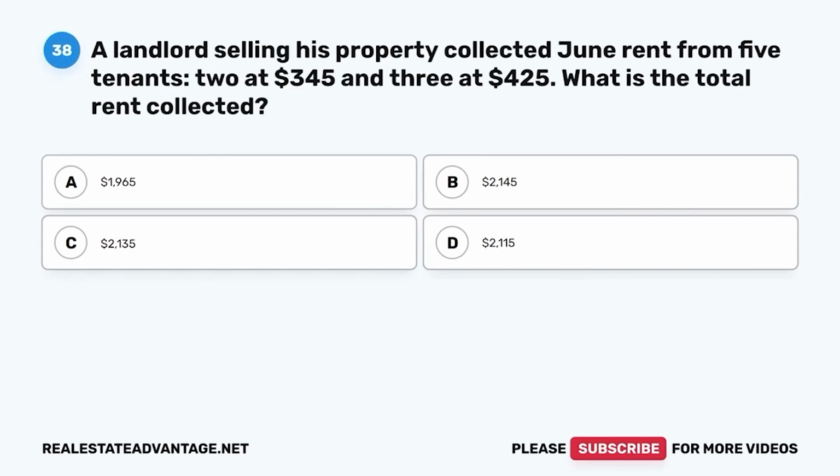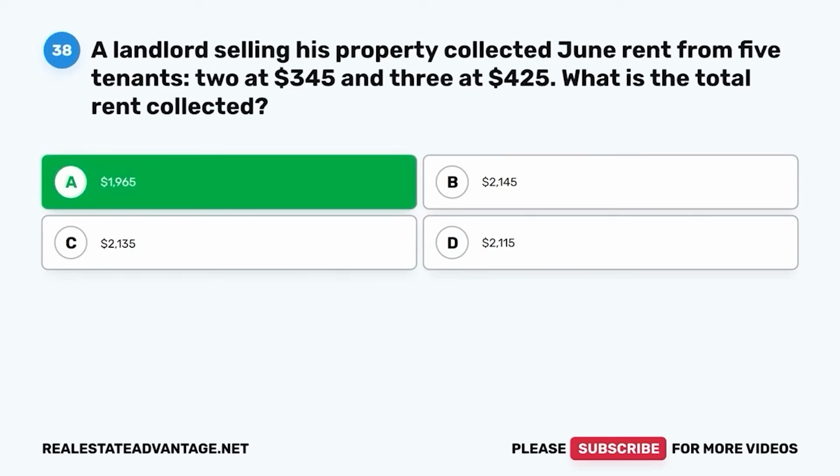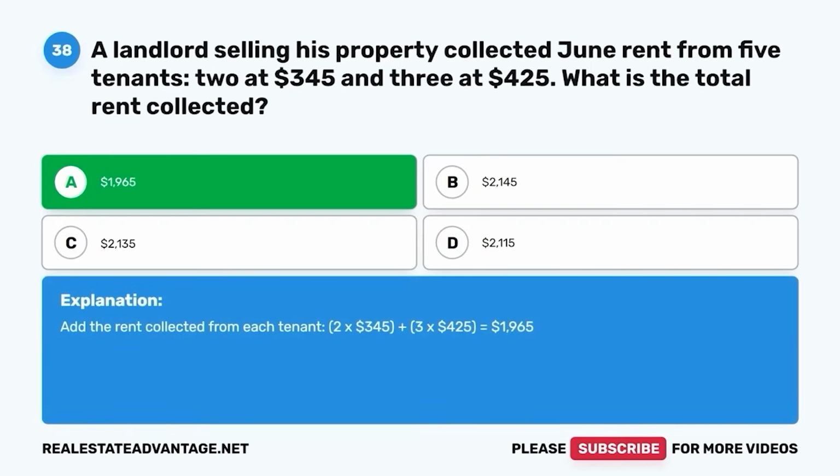C, $2,135. D, $2,115. The correct answer is A, $1,965. Add the rent collected from each tenant, 2 times $345 plus 3 times $425 equals